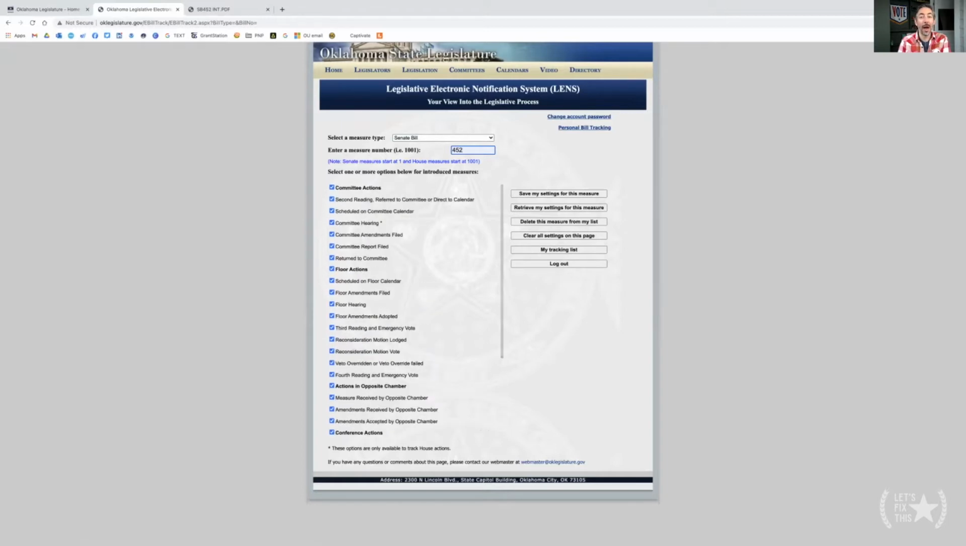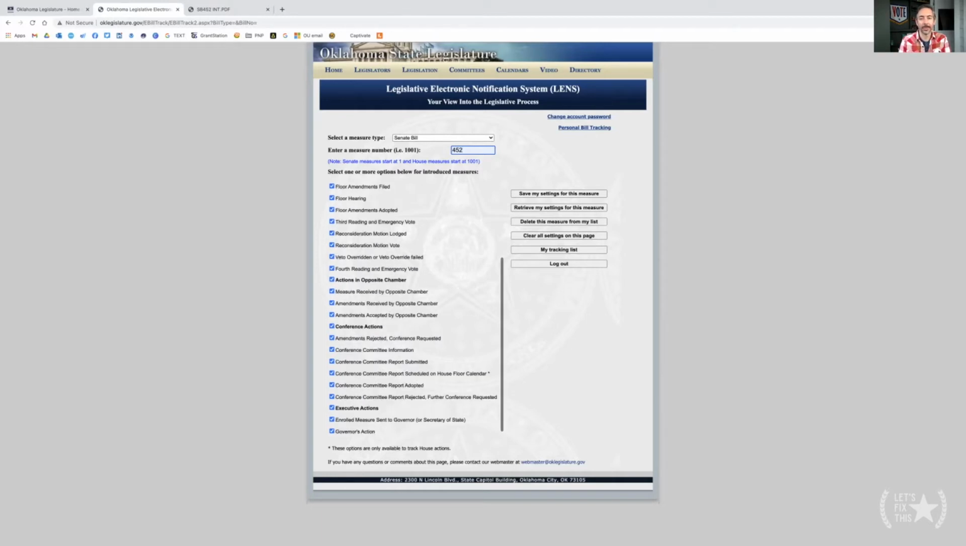These are all the possible steps that a bill might go through. It doesn't mean that they will go through all of these steps, but if you want to ensure that you are fully up to date on what's happening, you don't miss anything, you could just leave them all checked, and they're all checked by default, right? And this goes all the way through